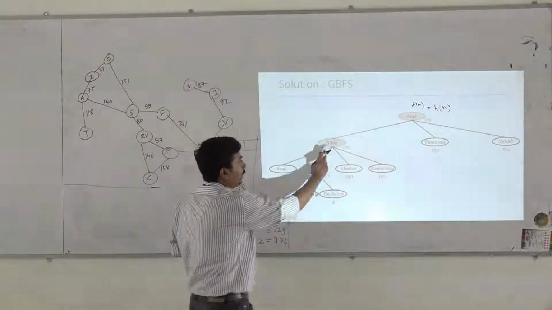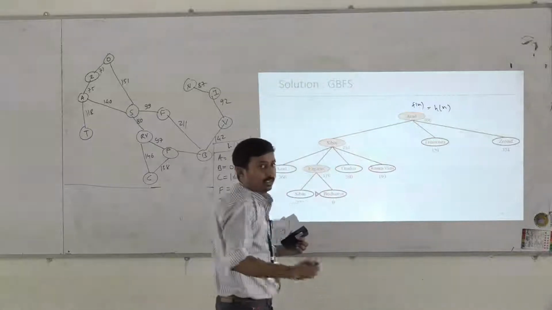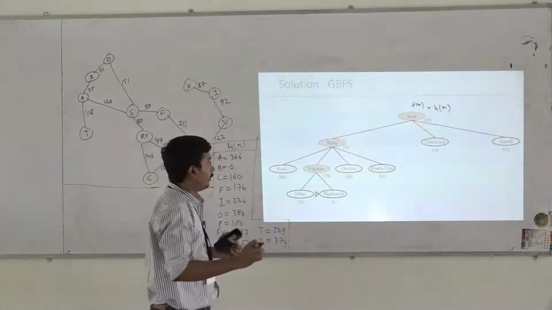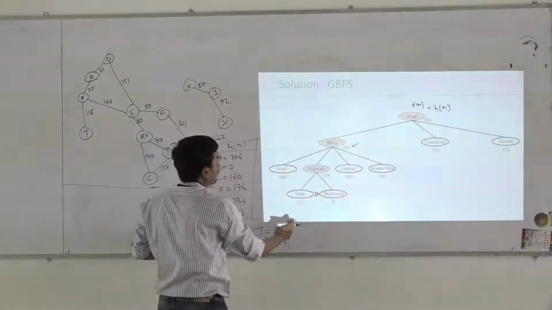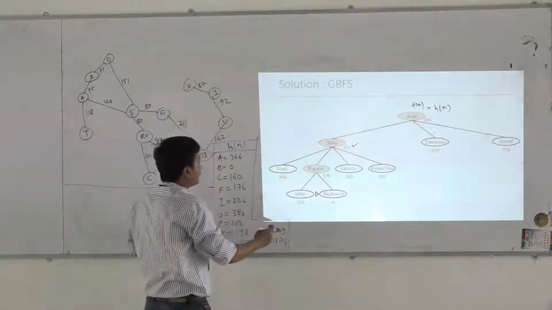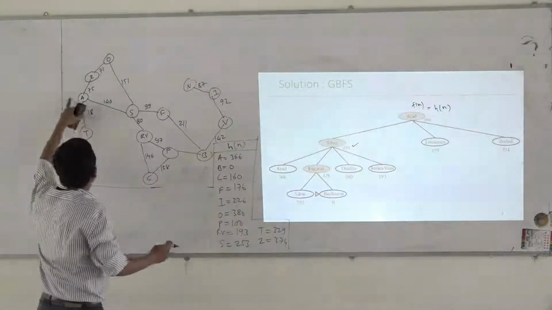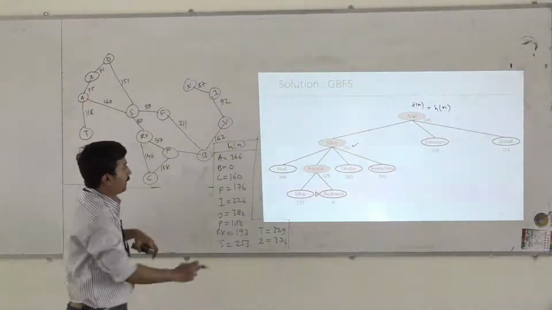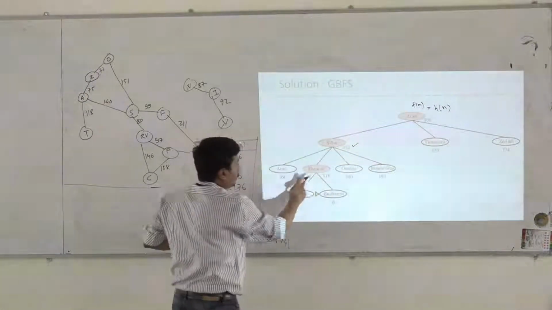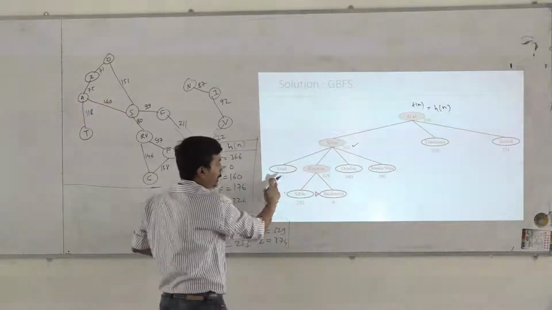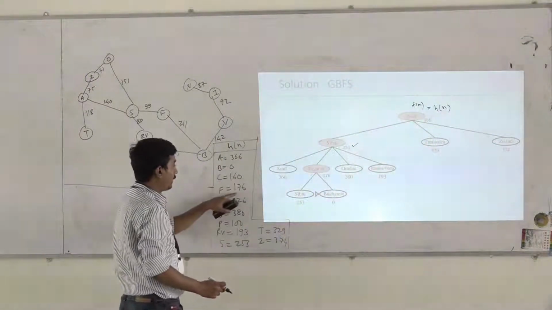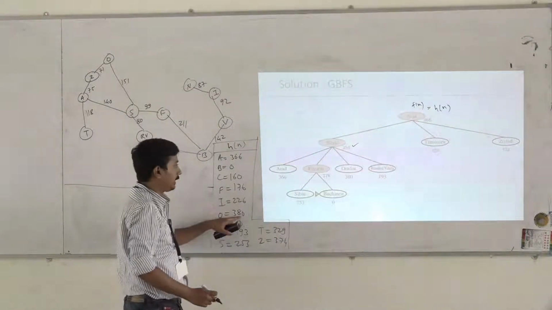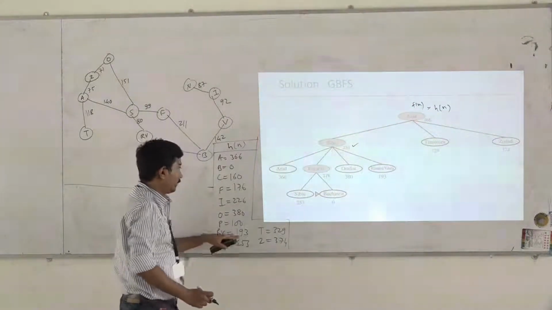Out of these three unexpanded nodes, you have to select the node with the minimum value of h(n). So we have to select this one, and then we will expand it. Who are the neighbors of S? A, O, R, B and F. Let us find the h(n) values of these nodes: A it is 366, F it is 176, O is 380, and R is 193.